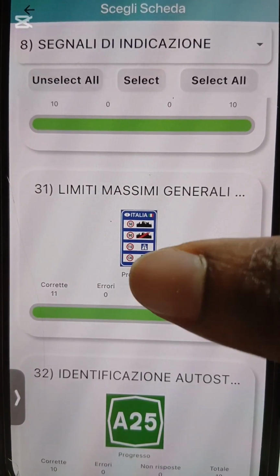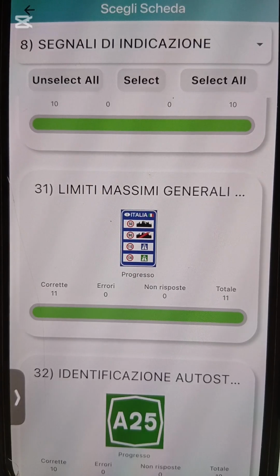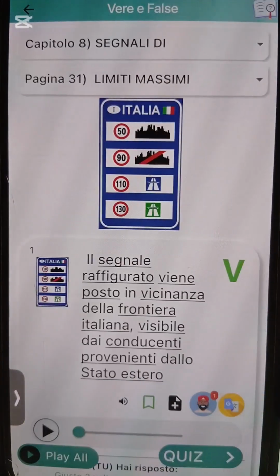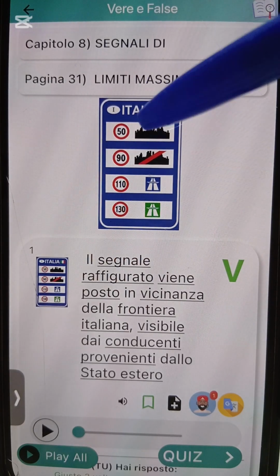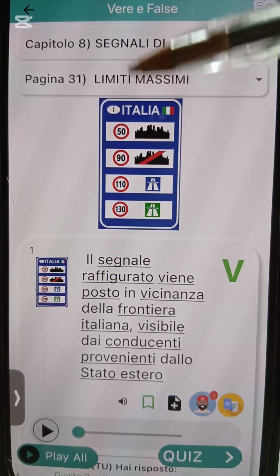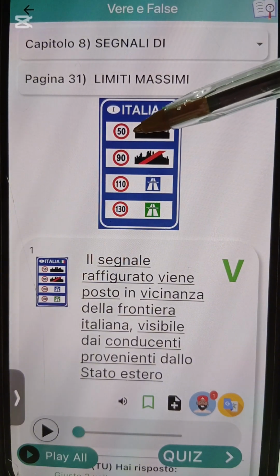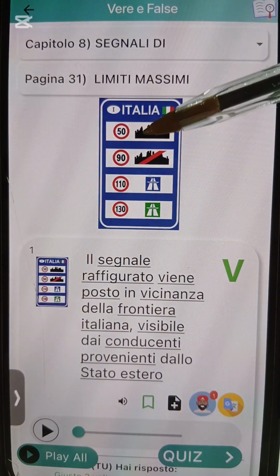Now this 31, they talk about the general maximum speed limit for Italy road. The one at the top, where the road sign shows 50, that place is centro abitati, which is the city center, within your city.